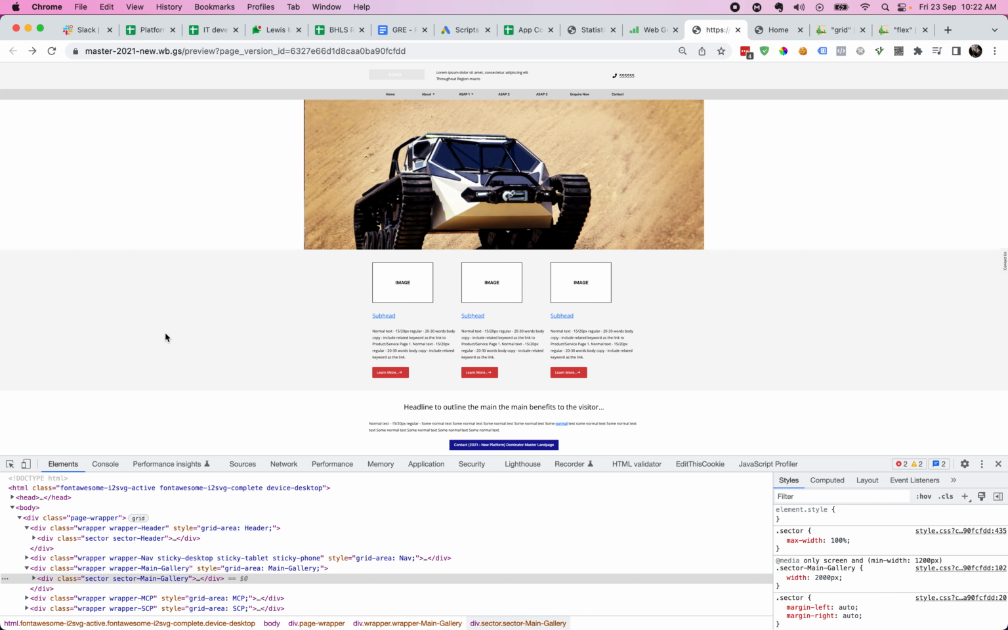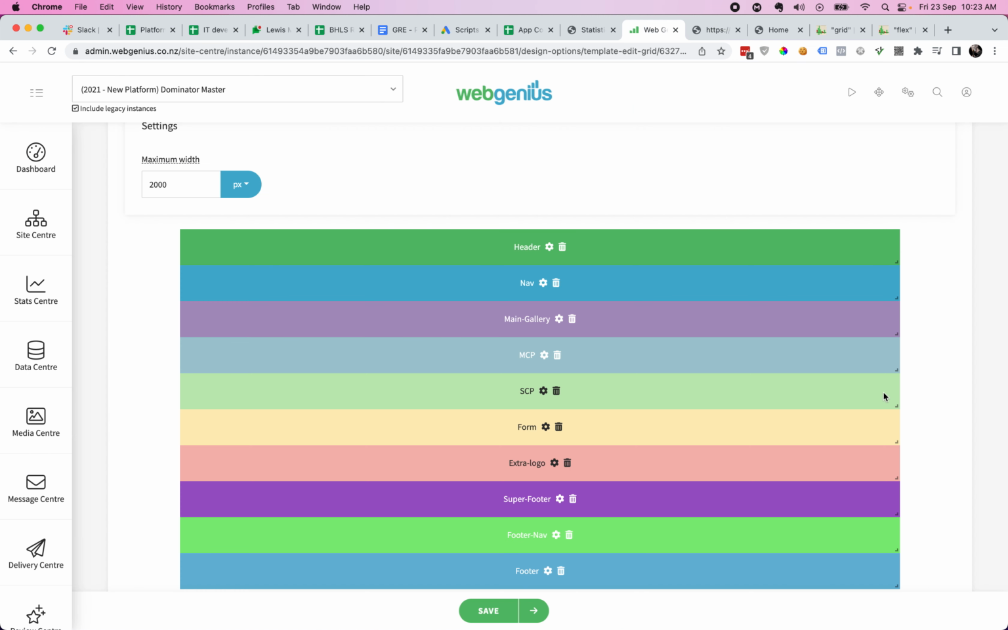With this new system, I just observed that we always do this wrapper thing in the template builder, and so I thought, why not automatically add the wrapper so we don't have to worry about it. So every sector now comes with its own wrapper, which is automatically 100% wide unless the sector does not take up 100% of the width. If we go back and